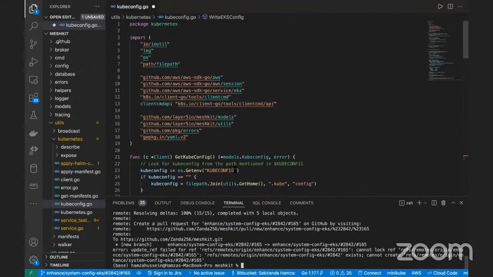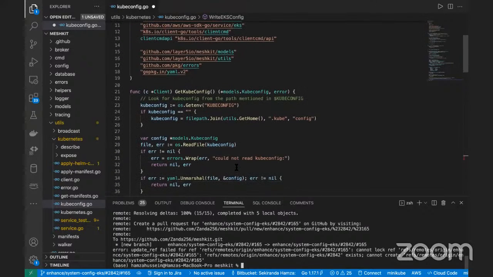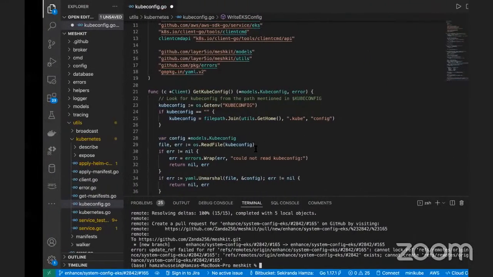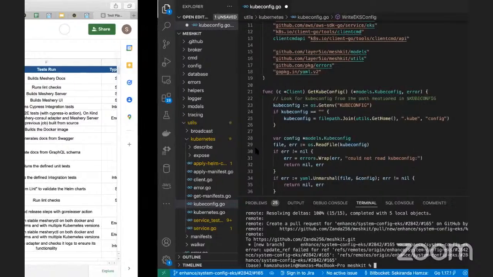Let me see if I can find it. There is a Kubernetes client set inside Meshkit, but then how do we access that in Meshery CTL to get the rest of the data that is needed for the config file? So I'm still kind of